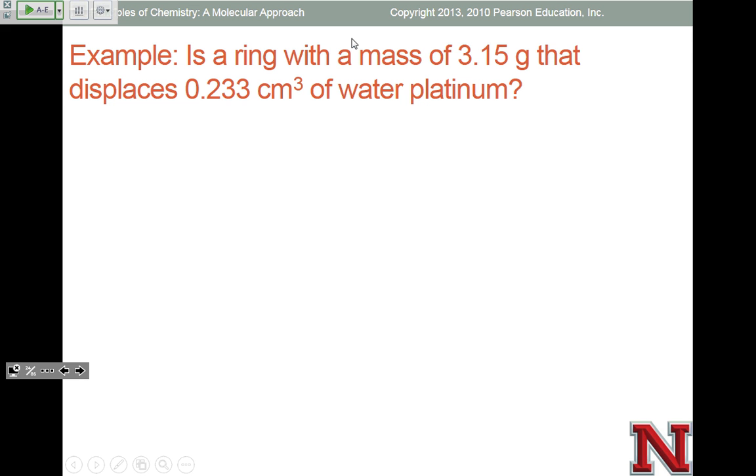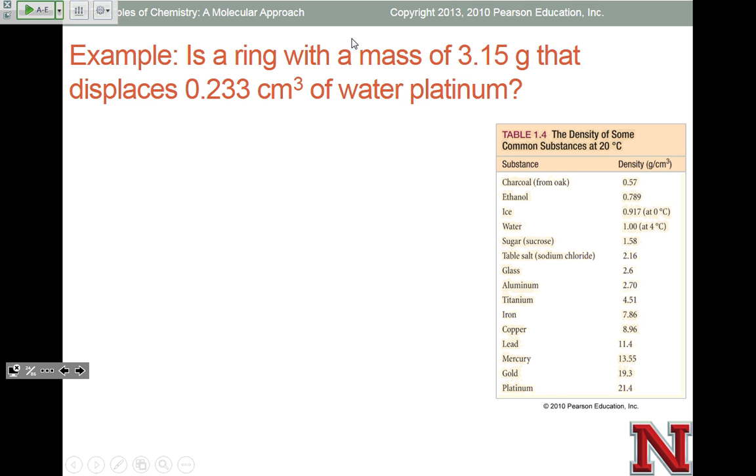So if I say I want to know what this ring is, and I know how much of it I have, its mass, and I want to know if it is a certain metal. And we're going to assume that we measured these things at a temperature that is in agreement with this. So if I have a list of densities of common materials, and I look at platinum, and I know that at 20 degrees Celsius my density of platinum is 21.4 grams per centimeters cubed, then can I determine if this